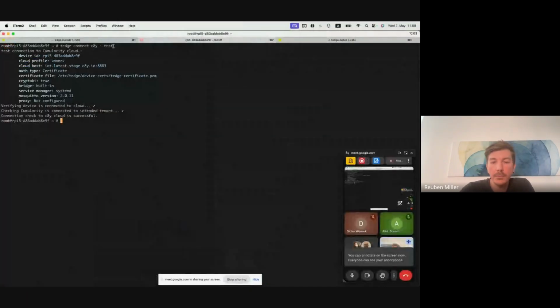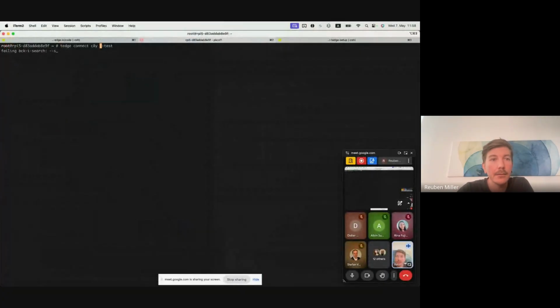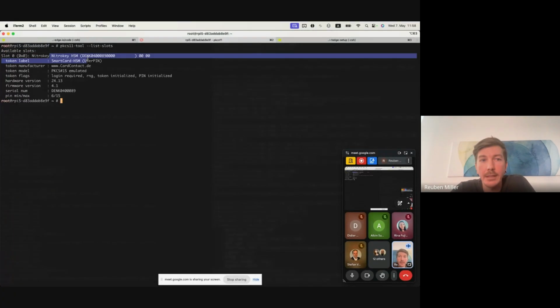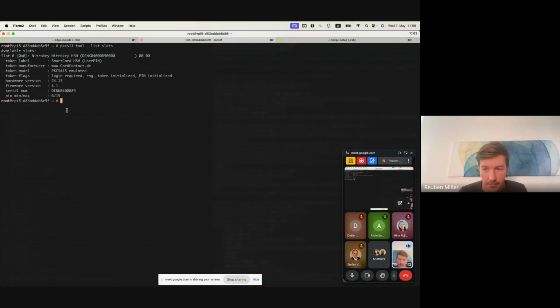Okay, so let's just do a list again. List slots. So I'm on a device which is a Debian-based on the RugX, as I said before, and I have a Nitro key plugged in here. So it's already pre-configured. That's up to you to do because it belongs to the onboarding of your HSM. You need to initialize it. But there's a lot of great tools out there like the GNU TLS tools. So cert tools supports all of this, or some integration partners like Devity support initializing all of